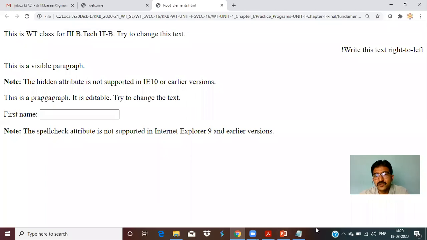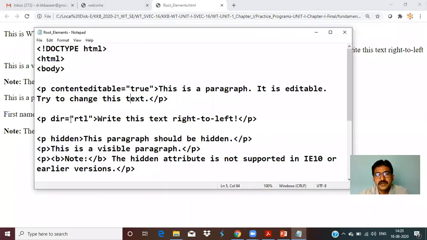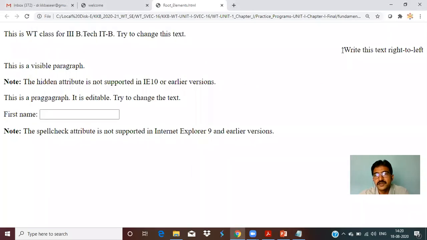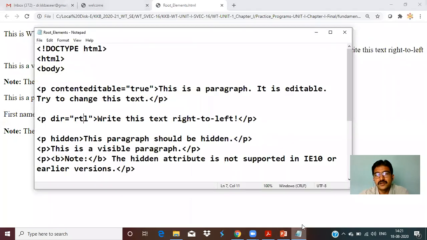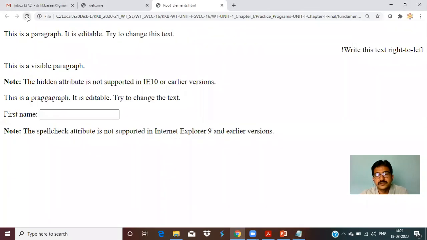We are changing. What is the second thing we have seen? Direction. R to L means right to left. See, it is displaying from right to left. If you want left to right, just use L to R. Save it and refresh.